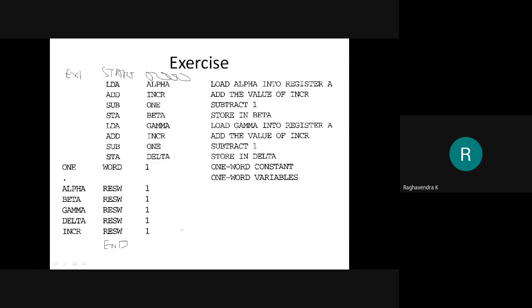Program name is EX1, starting address is 0000, and end with no value has been given, which means that obviously the first executable instruction is 0000. Right, so I would like you to translate this program into an object program.